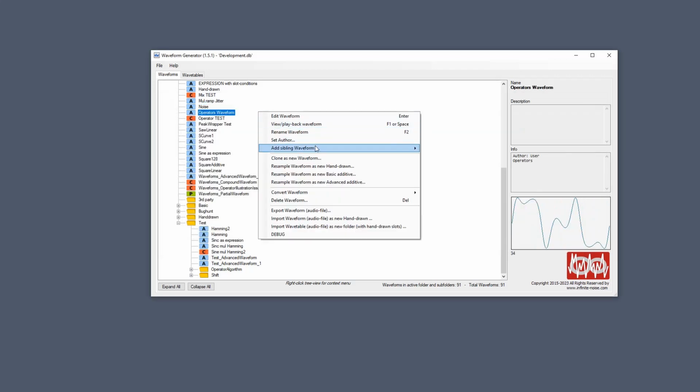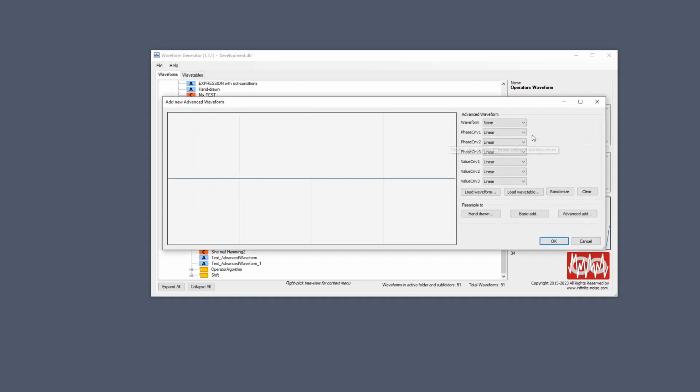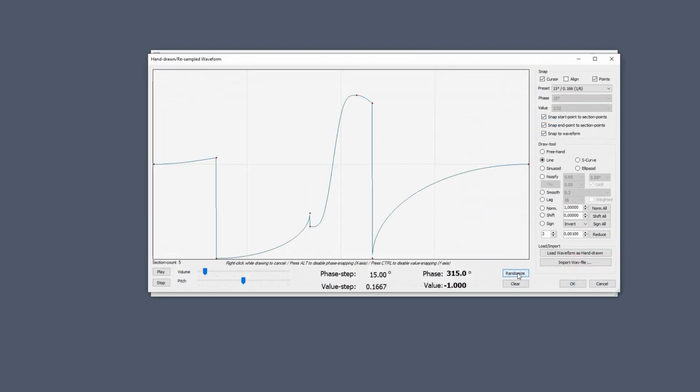When I do hand-drawn waveforms, I like to use this align cursor. I added it some versions ago. If I want to draw something in between and line it up with these sample points, for example, if I want to draw a line up here and go here, and I want it to be exactly over this point, I like this alignment cursor I added so I can see when I'm about at this point. You have this small, the black cursor is your actual Windows cursor, and the blue cursor that's enabled when you check this cursor mark is the one that will use